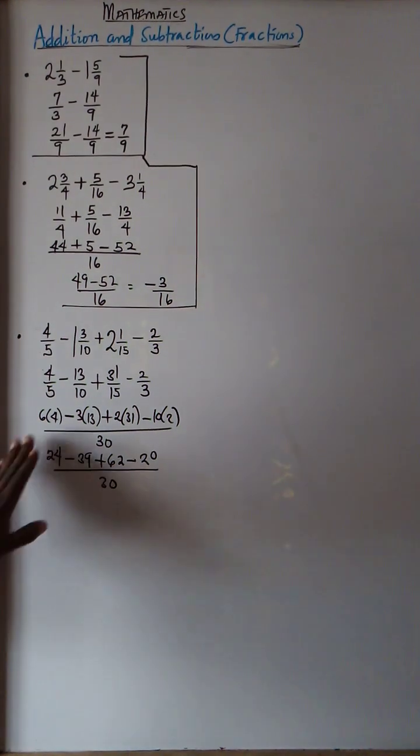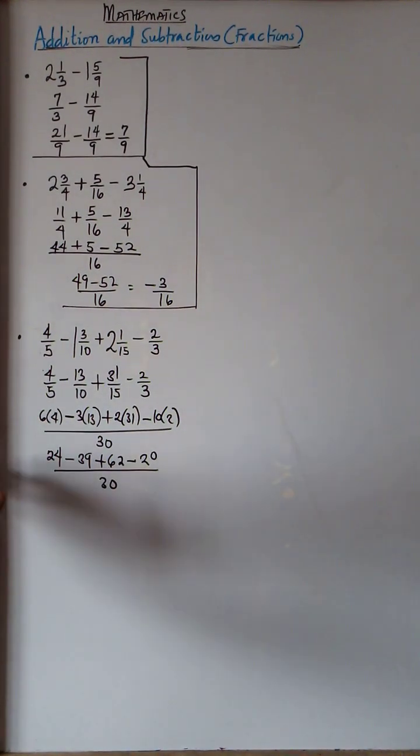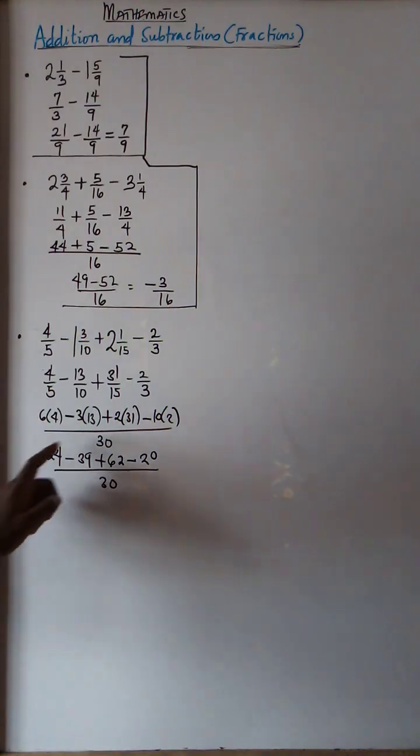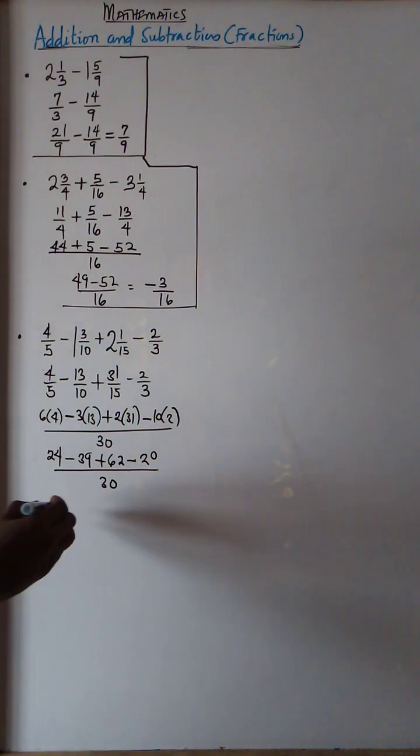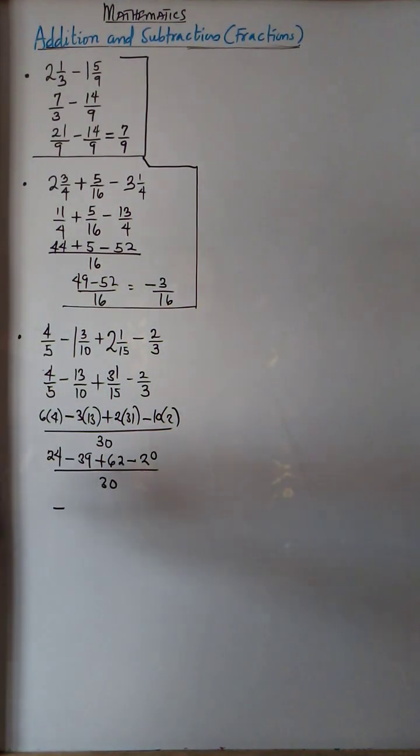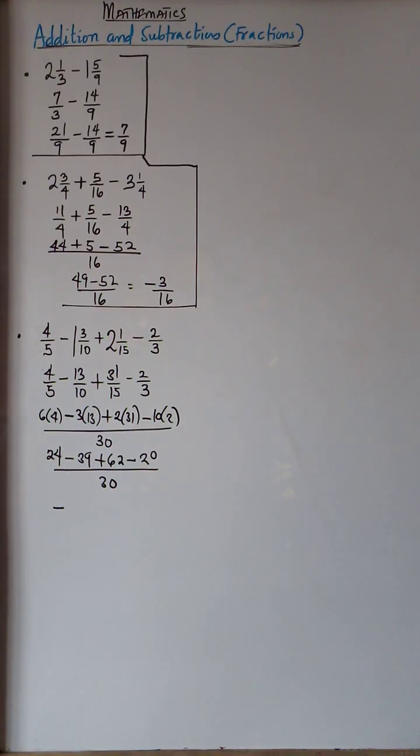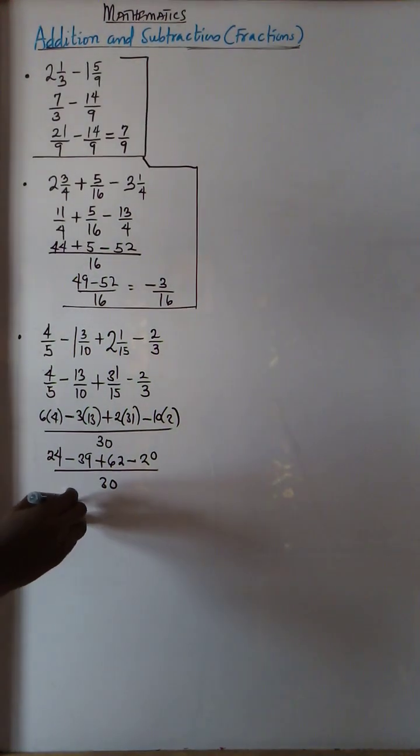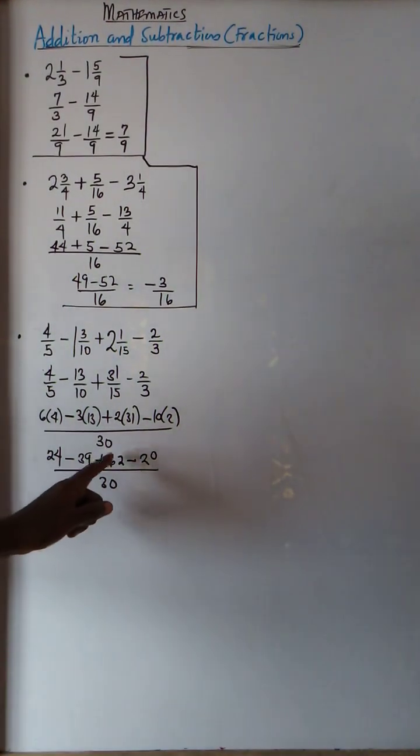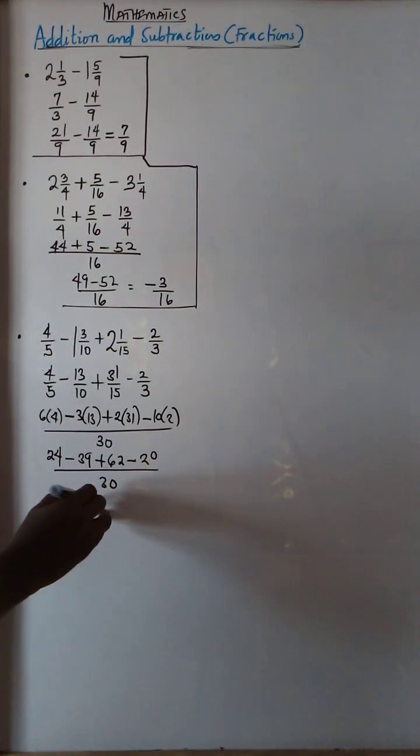So, like I told you, if you have addition or subtraction, just go from the left to the right. So 24 minus 39 is not possible. So we'll put minus, then we'll do 39 minus 24. And that is 15. Then 62 minus 20 will give us 42